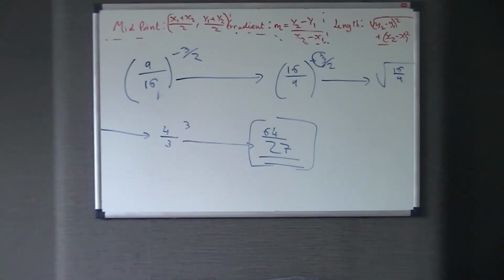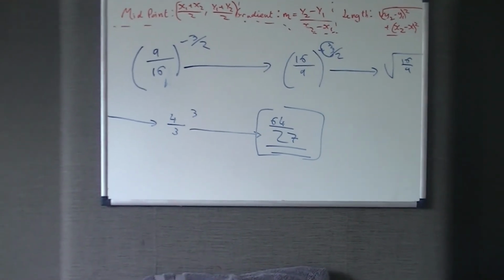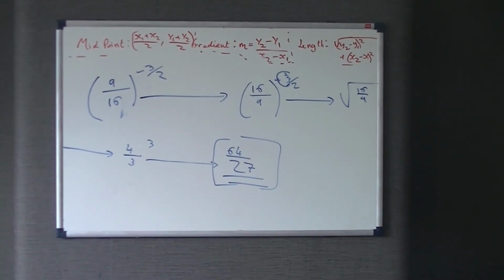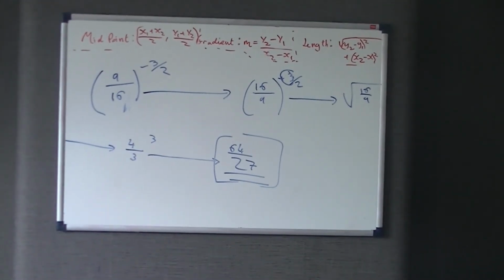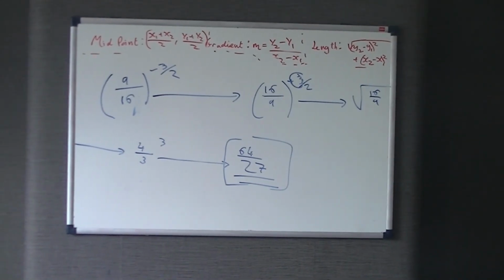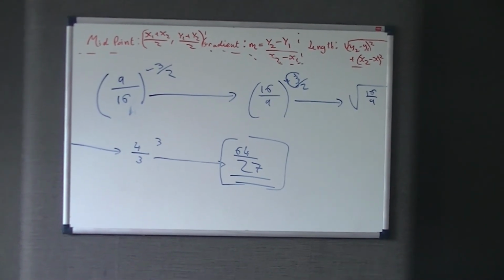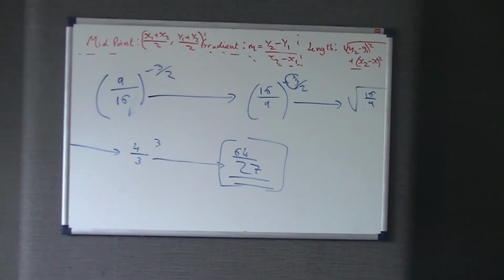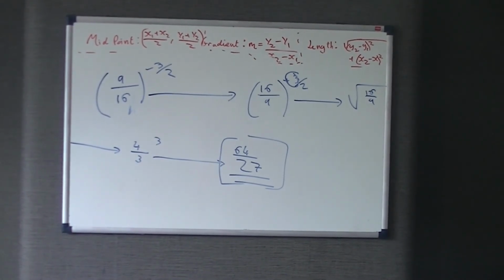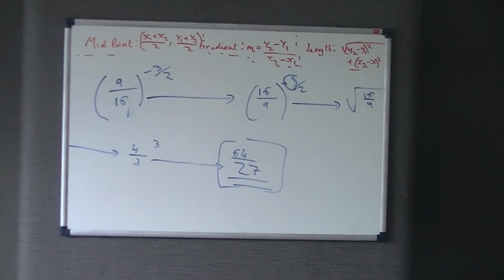As I said, that's probably one of the hardest using rules. So you might be asked to use a couple of them. And I'd say that's the hardest question you're going to get on the topic of indices. Now hopefully that's been helpful. Not 100% sure if there's definitely going to be an indices question, or that it's going to be that tough. It might just simply be as easy as 16 to the power of 3 over 2. As I said, this is a non-calculator paper, so they're not going to ask you something ridiculous. So if you end up with a number you can't work out,